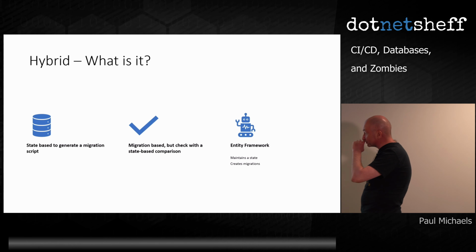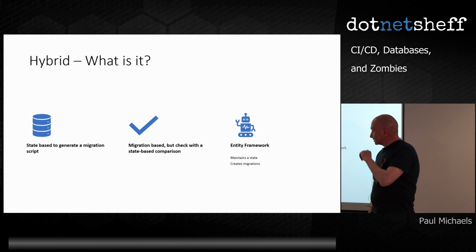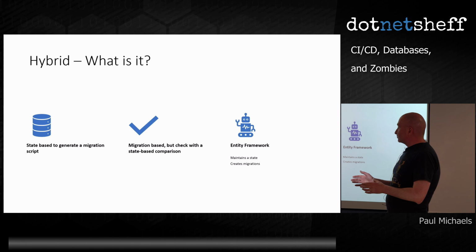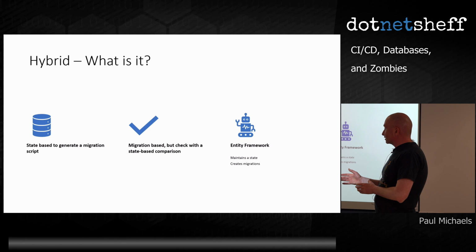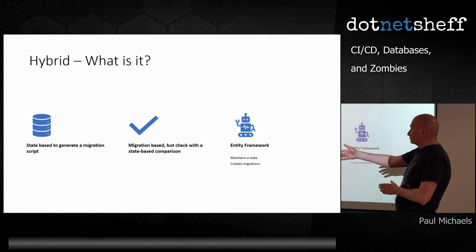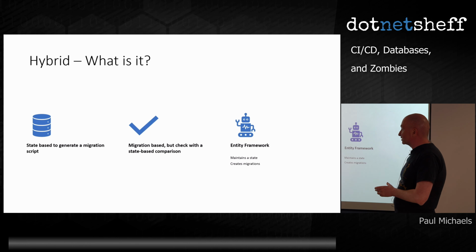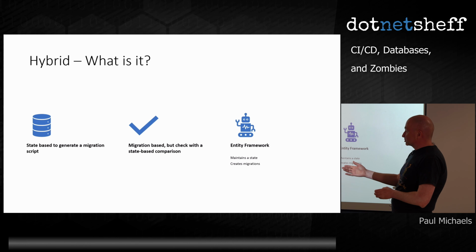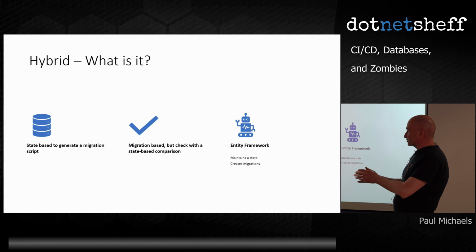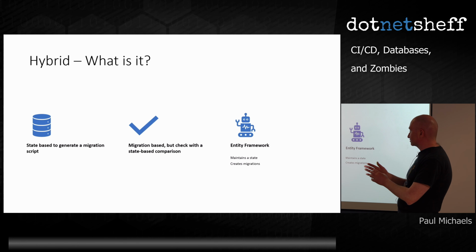Okay, hybrid. There's a couple of ways you can do this in a hybrid way. Obviously, the state-based version actually generates your migration script. So that in itself is sort of hybrid if you store the migration script. Obviously, if you bin the migration script, it's just state-based. But if you store the migration script, then you can see what's actually run on the database. And in that case, it's like a 2-stage deployment.